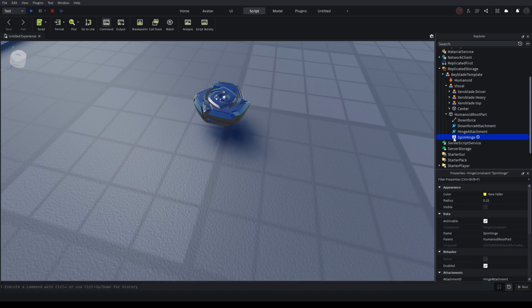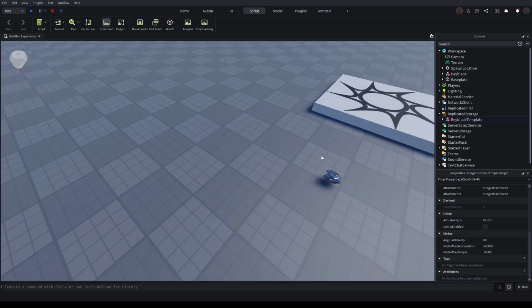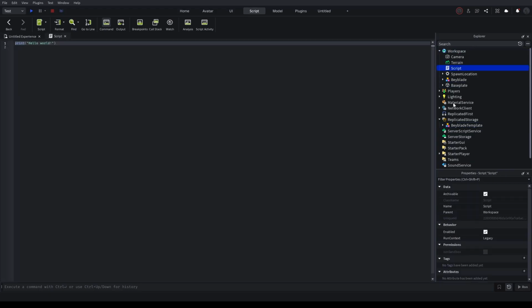Then we need a spin hinge. The spin hinge has a motor which actually makes the Beyblade turn and all of that. It's basically the engine that gives power to your Beyblade. So, first of all, we want to test the spin system. So, how do we do that? You say, open script, rename it, call it spin test,